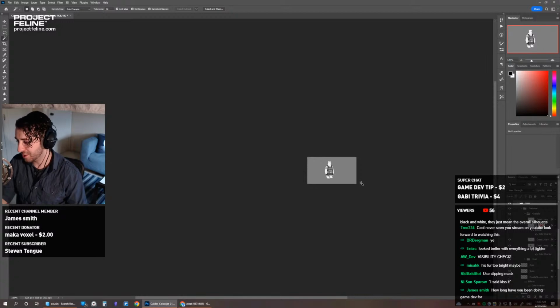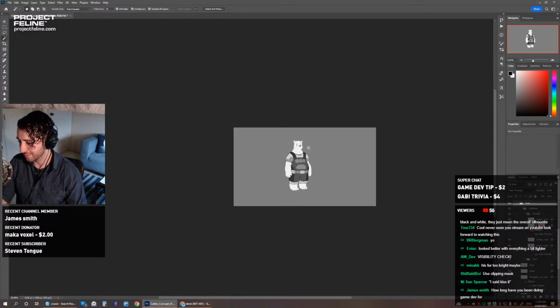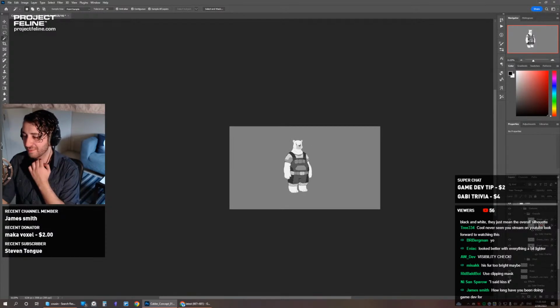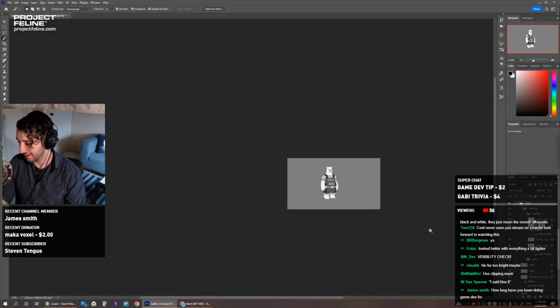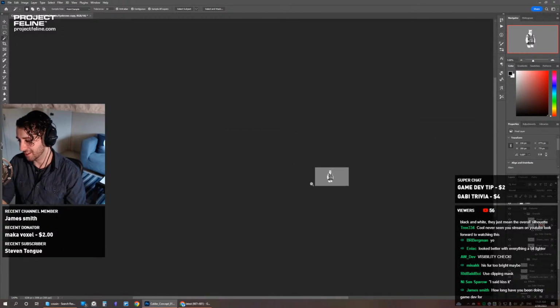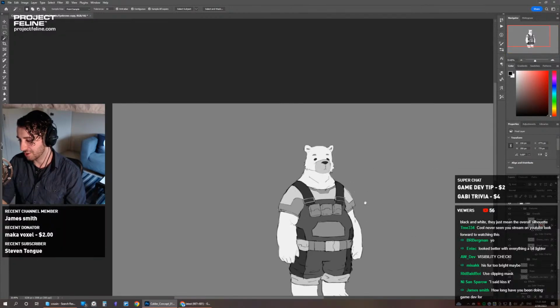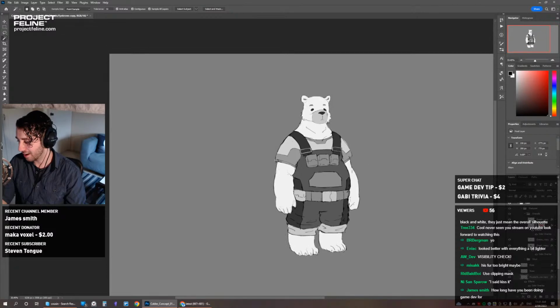So yeah, see, look how much of a difference. I know it's zoomed out. That's the point, to look at it from a distance. But even with this little bit, it adds so much definition to his face. Without it, if you turn that off, his face just looks like a white blob. But with that on, it's much easier to tell where his mouth is. So I think I like that. Let's add some color and see how that works, because we might have to change it around a little depending on how the colors look with it.